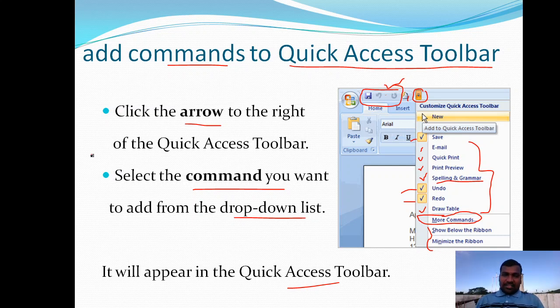So the quick access toolbar lists several commands that are most frequently used. If you want to change those commands, you can. If you want to add more commands, yes, you can. This can be done with the help of this customization of the quick access toolbar. That option is beside the quick access toolbar. There is a down arrow. You can press on that arrow button, then all these things are displayed, so you can perform anything.